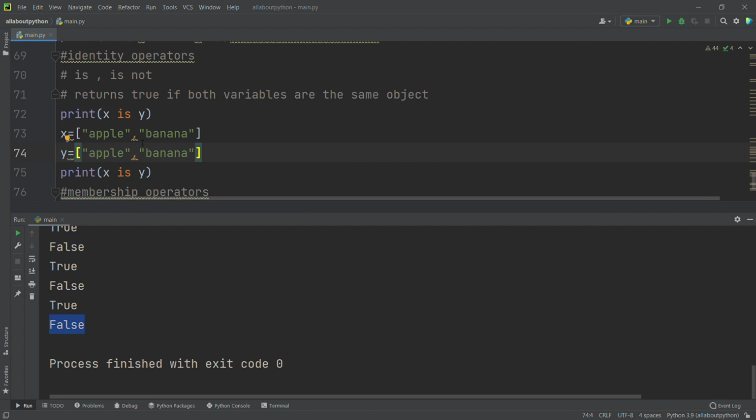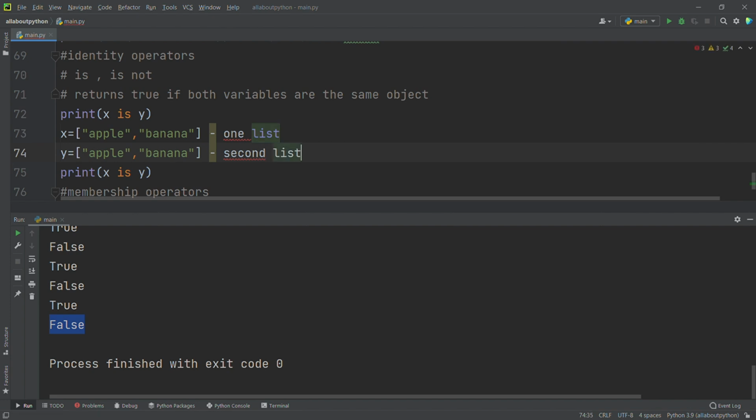No, here it's printing false. Why? Because we have to see one thing: these two are two different objects, right? Sorry for that. Here this is one list, and this one is a second list.